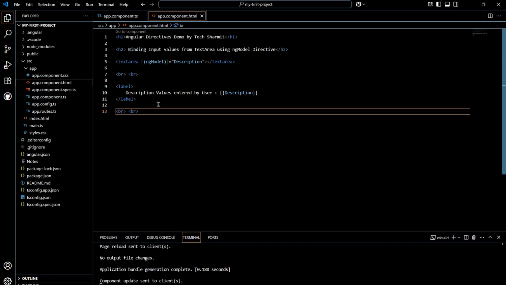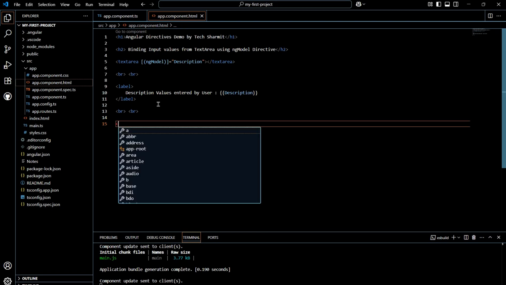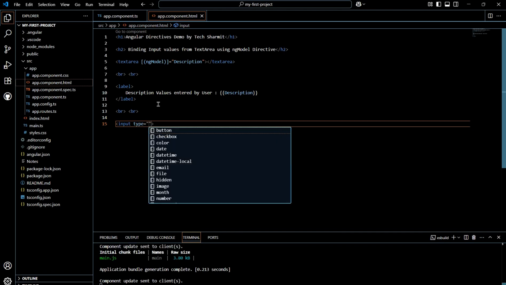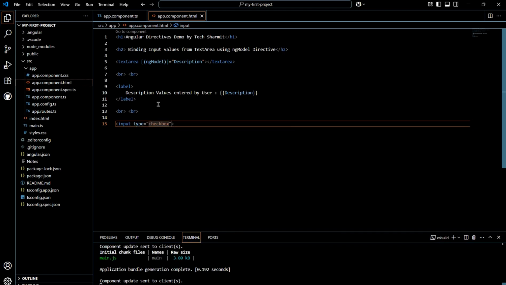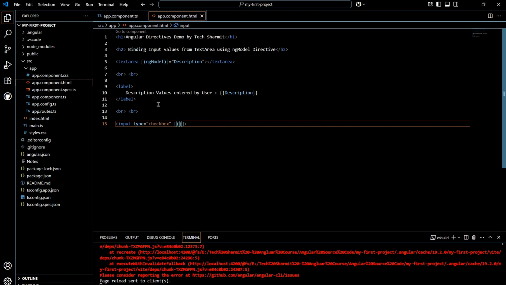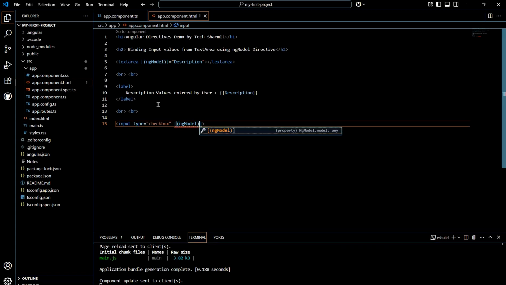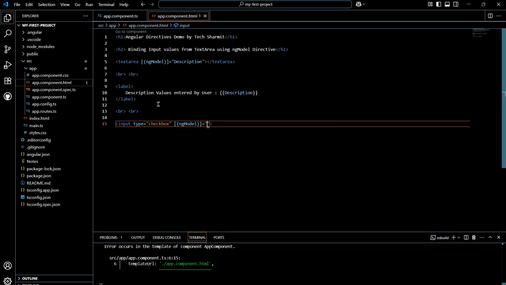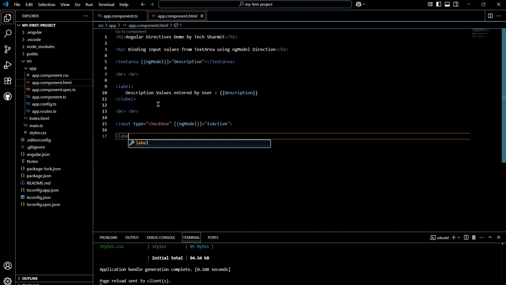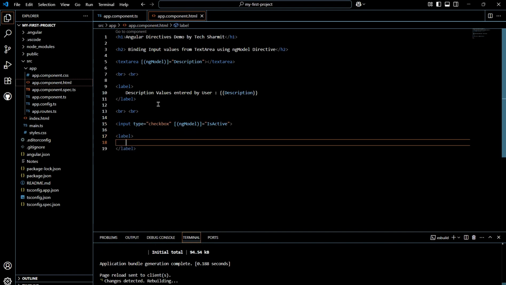So let's say you want to implement a similar kind of thing with a checkbox. What you can do is write here an input field. In this we will write type, and in type we will write checkbox, and then you can bind this checkbox with ngModel with the same syntax. So here I will write ngModel, and inside this ngModel we will write isActive, because this is the variable on the basis of which we are going to check whether it is active or not. Then we will write here a label. In this label we will write checkbox